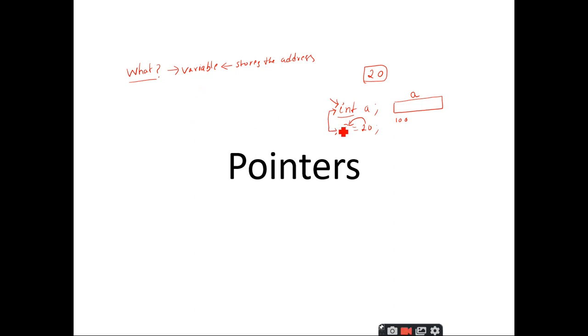And after this, the initialization statement will store the value of 20 inside this variable. This is how the statements are executed in the C programming language, right? Here we have given the base address of the memory location as 100.